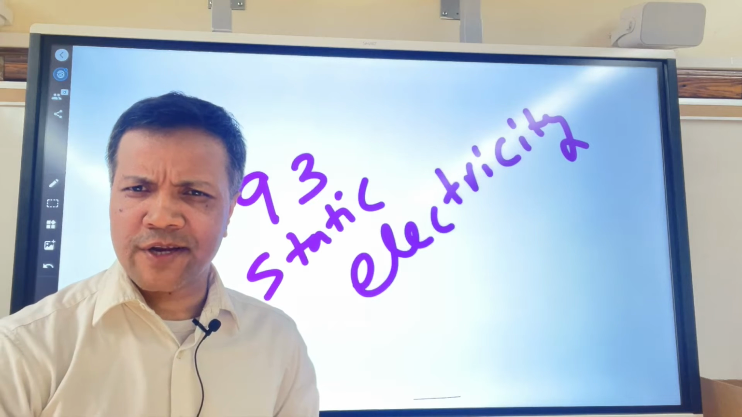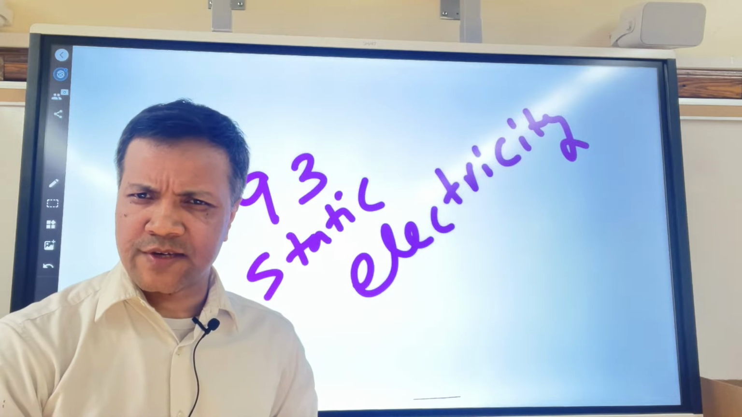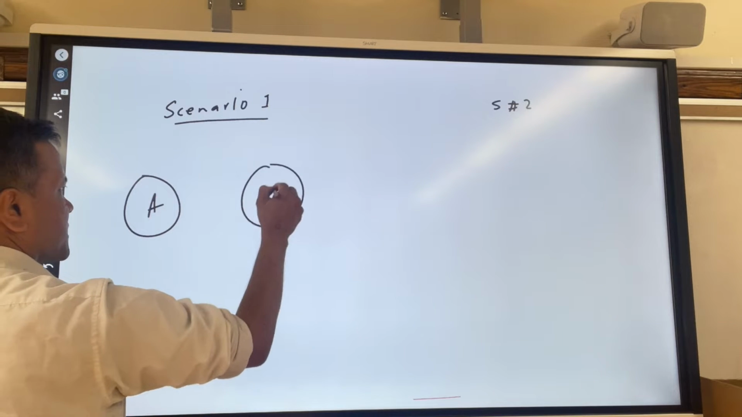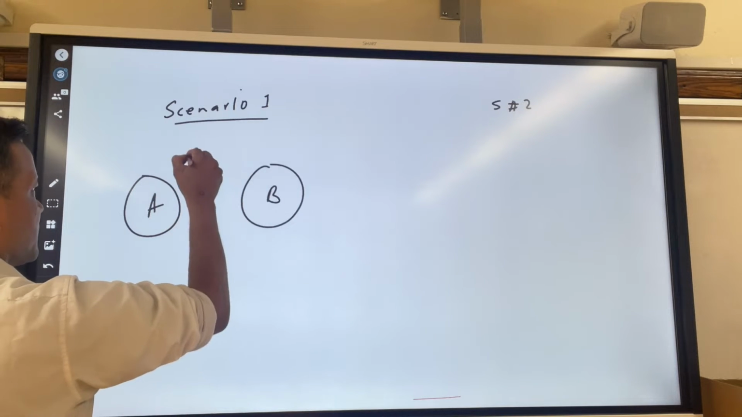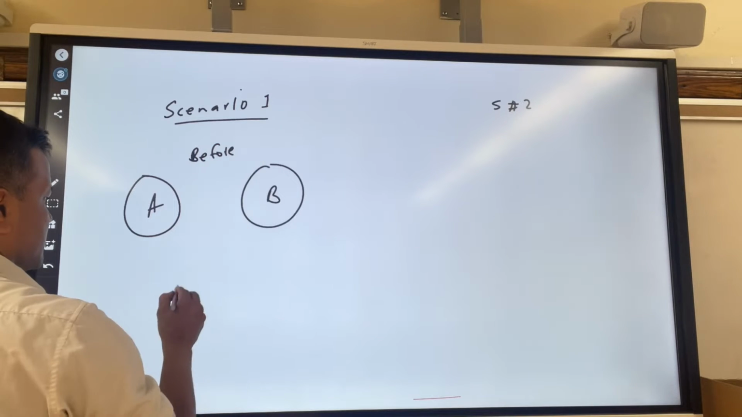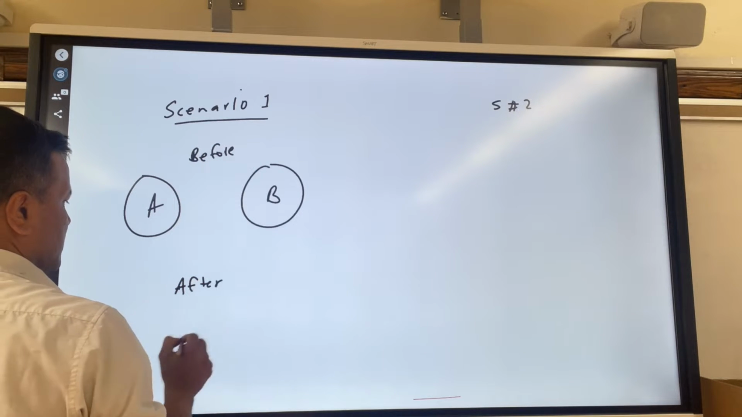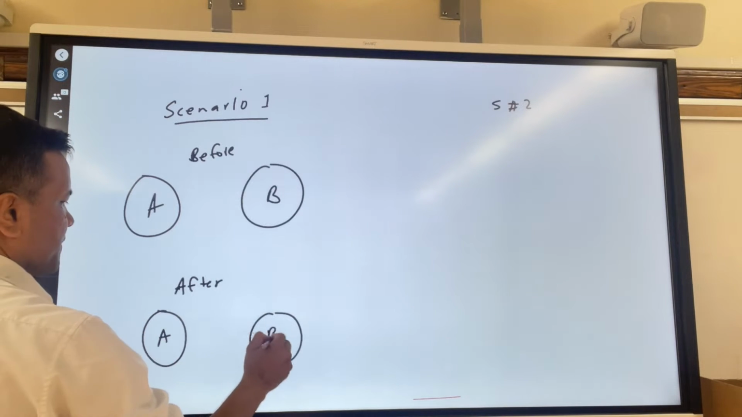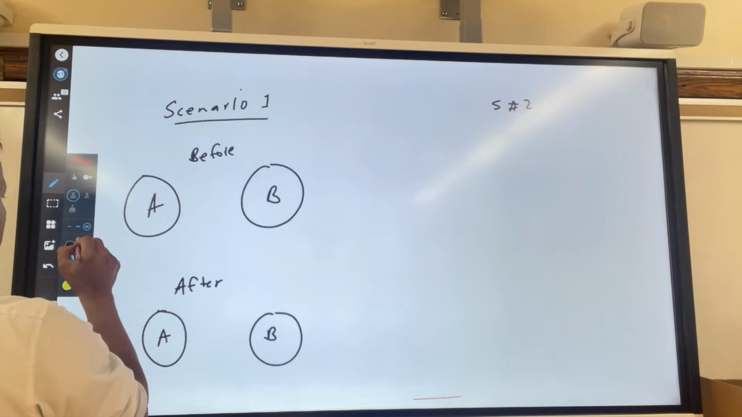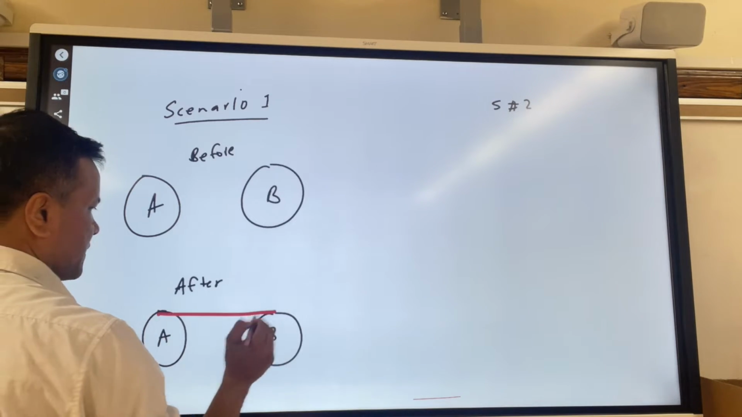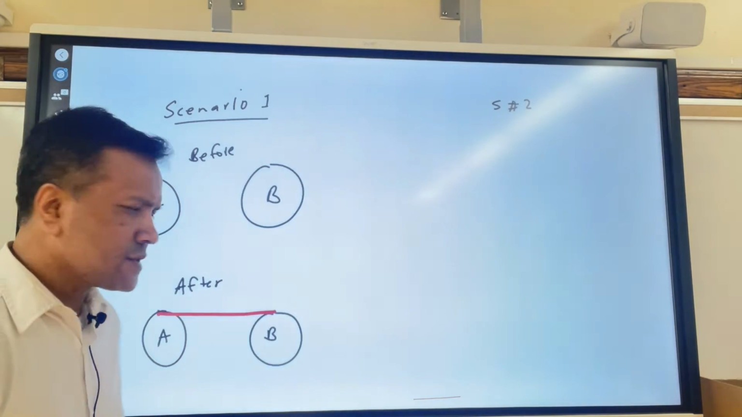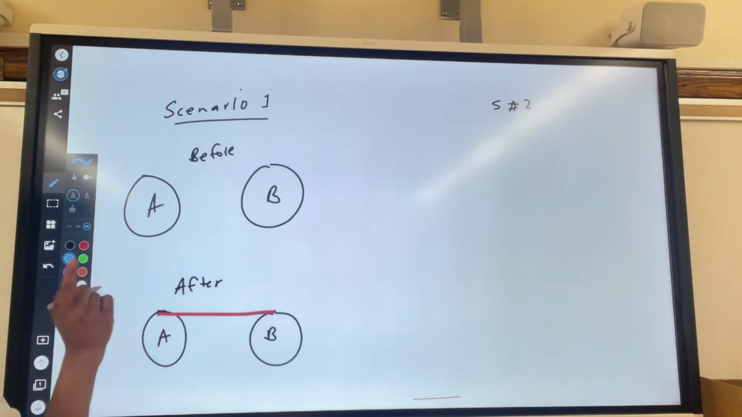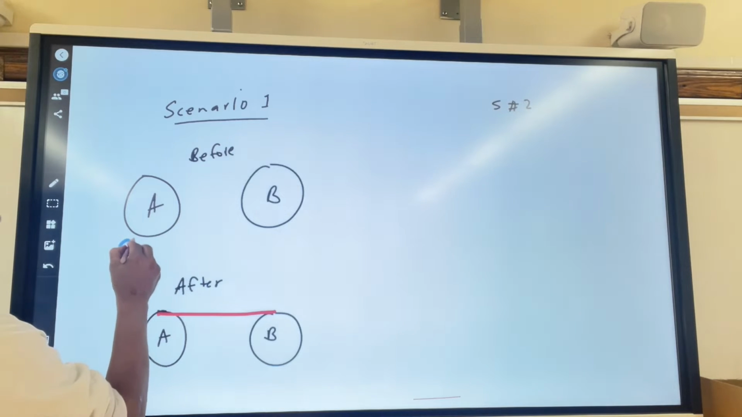Tutorial, I'm going to go over assignment 93. Assignment 93 is static electricity for spheres, right? Sphere A and sphere B, this is before and this is after. The same spheres A and B. And now after, what do you do? You just connect them by an object. I want you to find out what type of object this is, given one piece of information, and that is this is